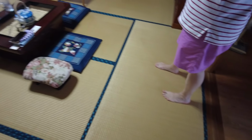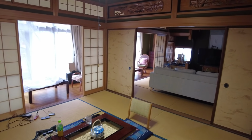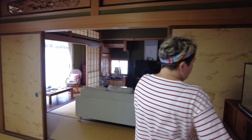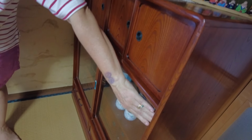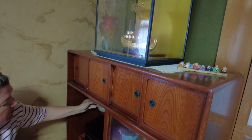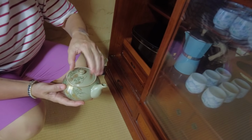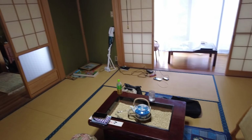This was the tea room, I suppose. And so I decided to keep it as original as possible. We kept all the decoration. And this too was already here. So it's all full with the original items. All the cups for the tea are here, or the teapots. Everything is original from the house. I think many things inside could still be reused. Absolutely. We must say that the quality of the house and the quality of the things was perfect,